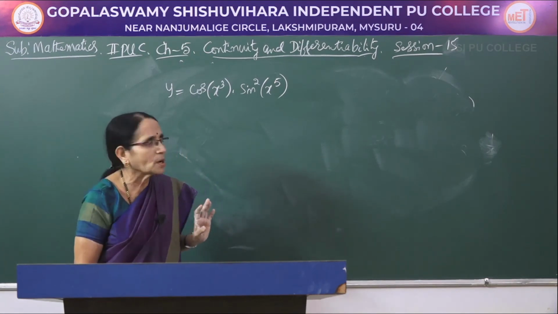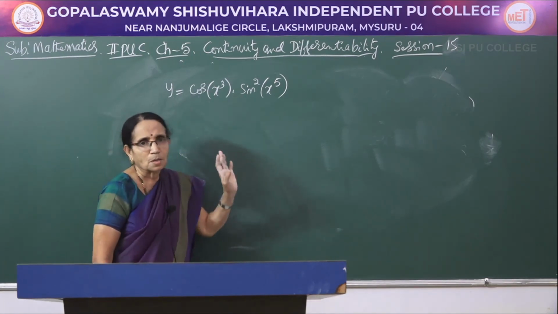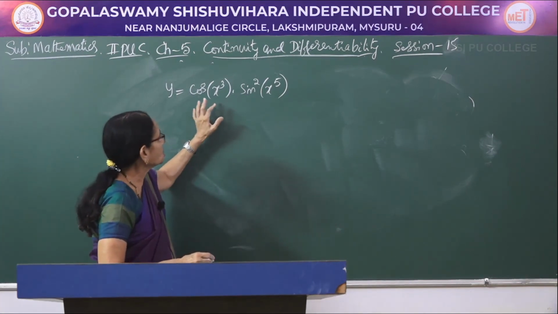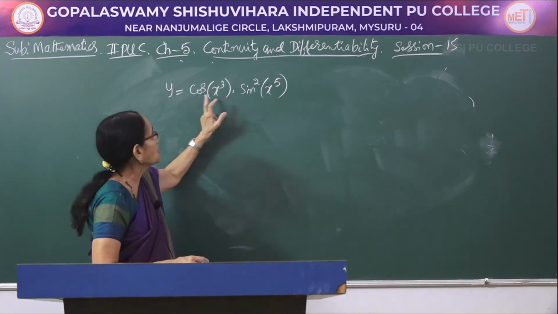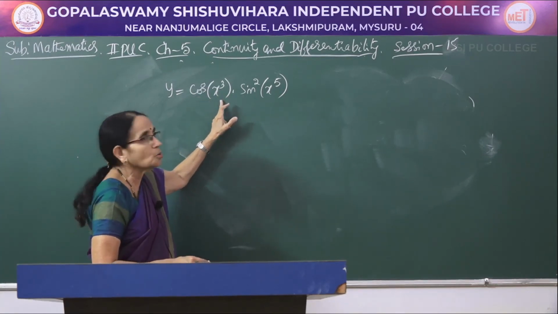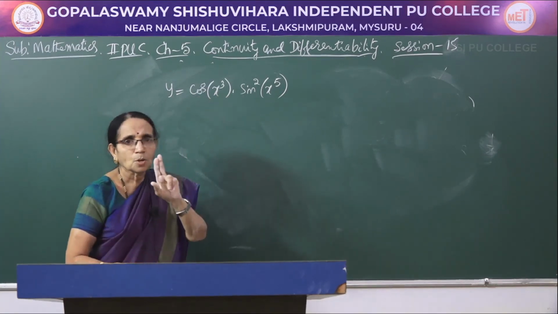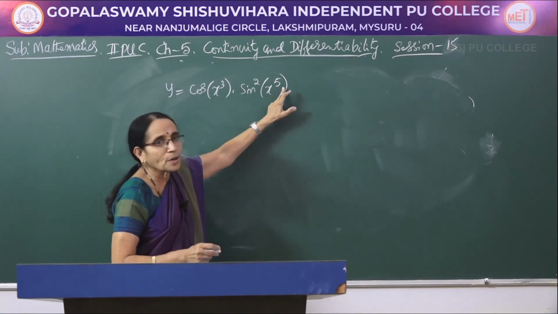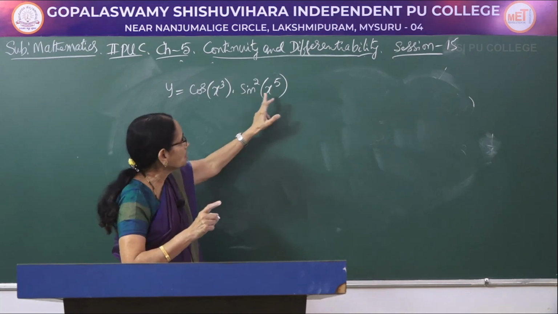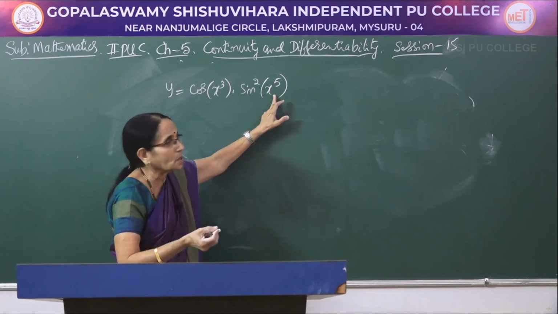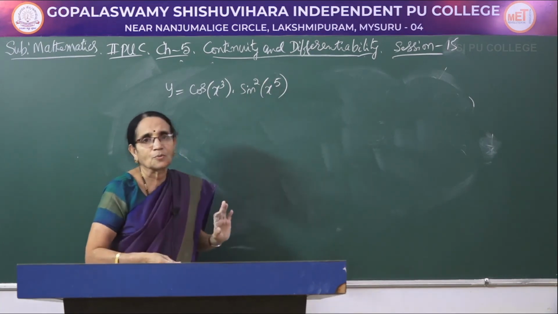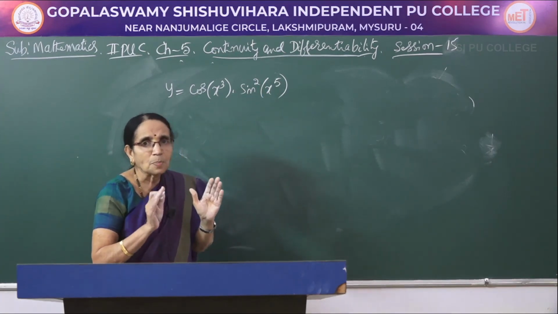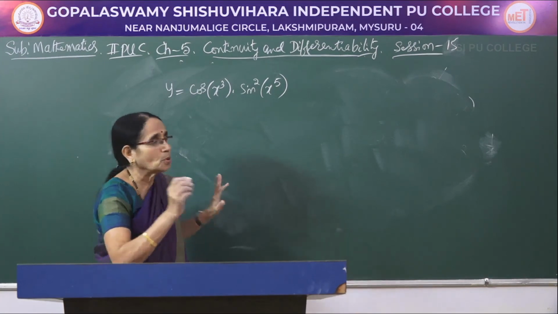A little bit complicated function. Again it is a product. So that shows that we have to apply the product rule. Now, this is cos of x cube. Cos is one function, x cube another. It is a combination of two functions. Come to this one. See here, x to the power 5 is one function, sine of x to the power 5 is another function, square is another function. So two functions here and three functions there. So you have to apply the rule carefully.